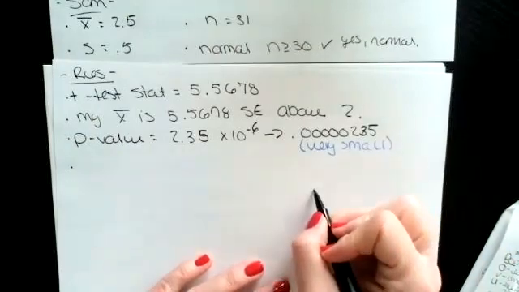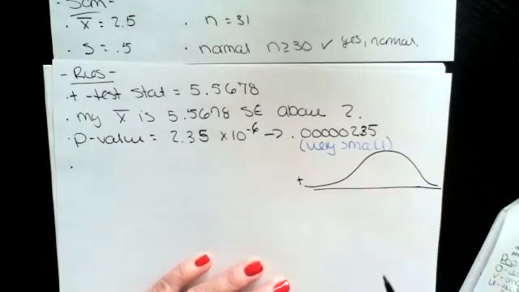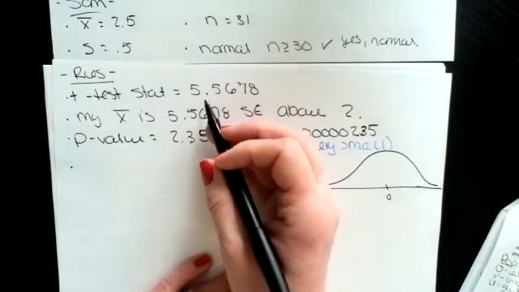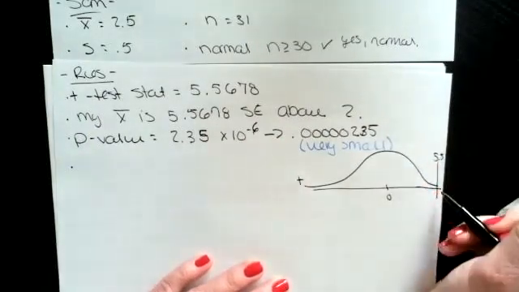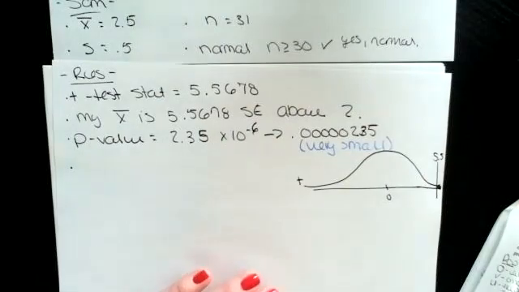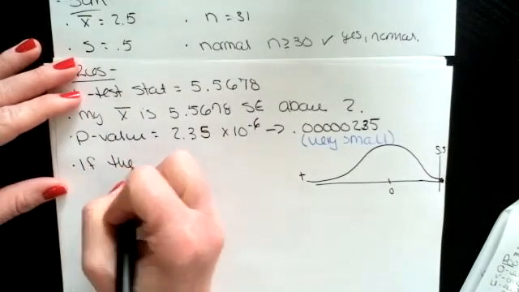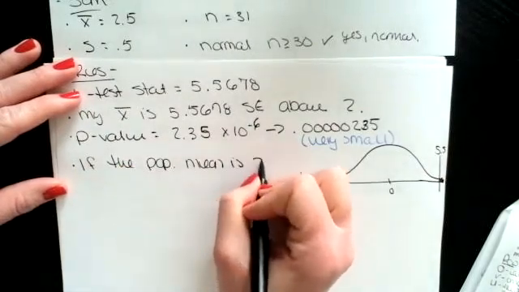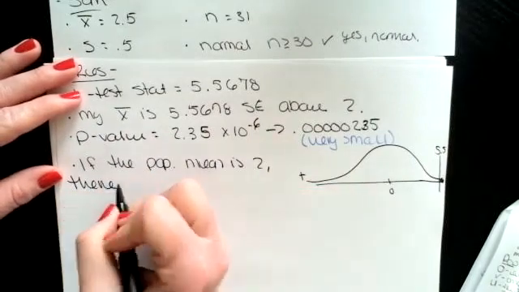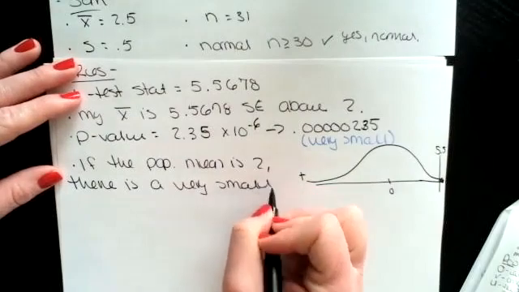I am going to draw a quick picture. I like to see what I'm looking at here. So now remember we're on the T curve. The center is 0, and we're looking at 5.5. That is really far over here. That is really far from the center. So I'm just going to say if the population mean, because that's what we're looking at, is 2, there is a very small probability